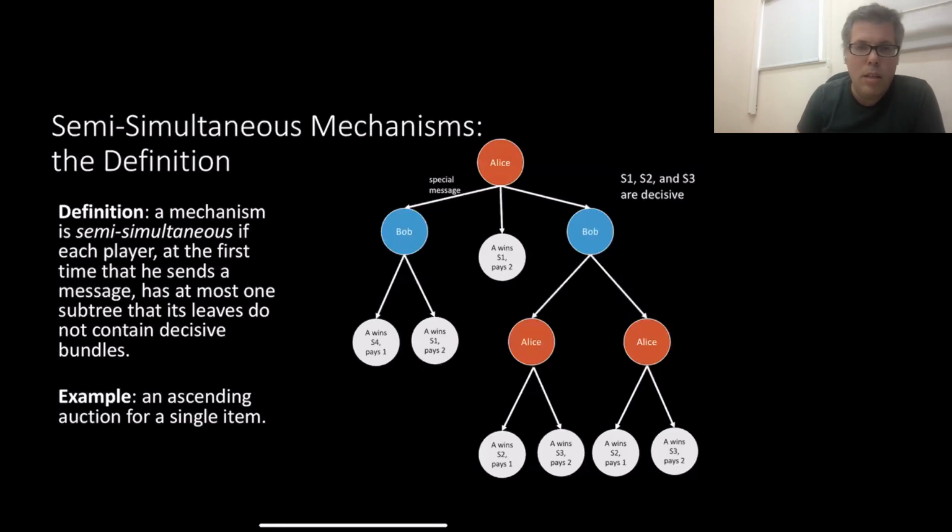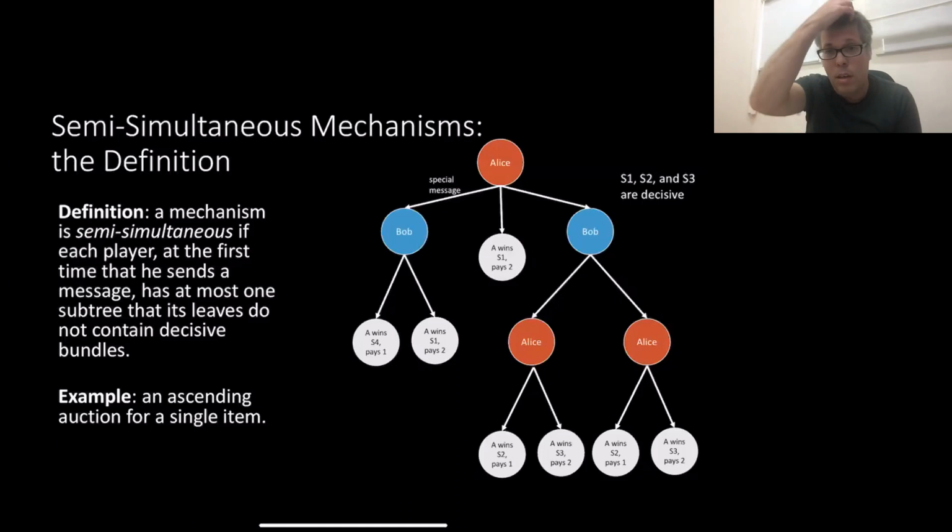If, let's say for Alice, the first time that she sends a message at the first node, at most one tree has leaves that contain decisive bundles. So here you can see that the leftmost tree contains bundles that are not decisive. You can't guarantee that you get S4. If you go left, Bob might go right, and Alice might get S1. But everything that is in the right